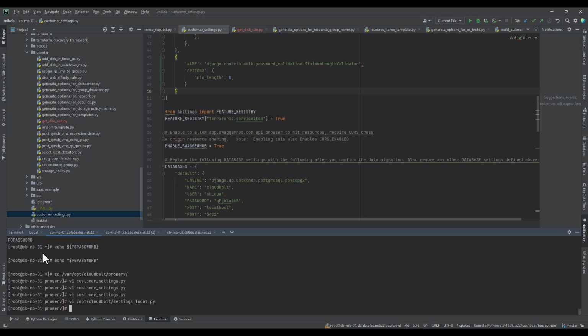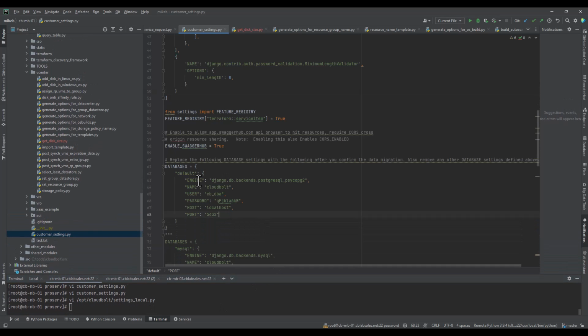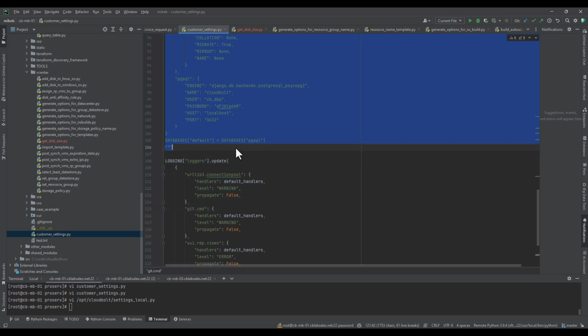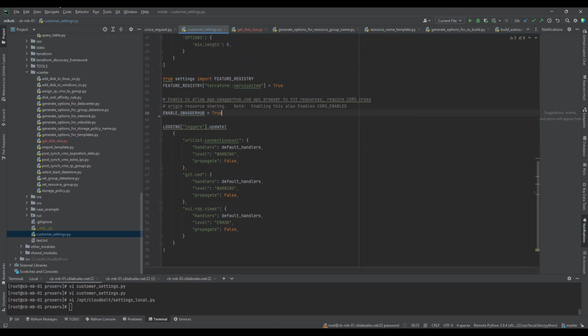What I think will get us running though is I'm going to take my customer settings.py file and delete the entire database section out of here. I don't think I need that anymore. I'm going to go ahead and save it. I'm hoping that this will save. Logging in, uploading customer settings. Okay, so now if we go back to customer settings, we should see